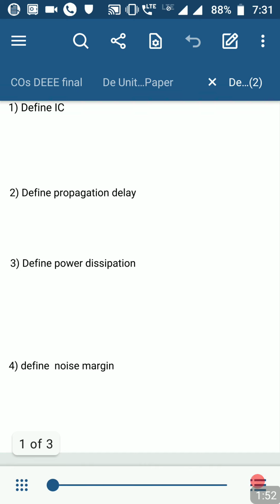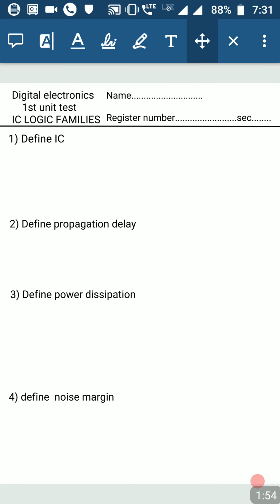The page with pen icon, whatever you have on the right corner. Once you click over there, you will get the selector tool and the text tool. This is the text tool which I have switched on now, and this is the selector tool. You can make use of these two, the text tool and the selector tool, for writing the answers.